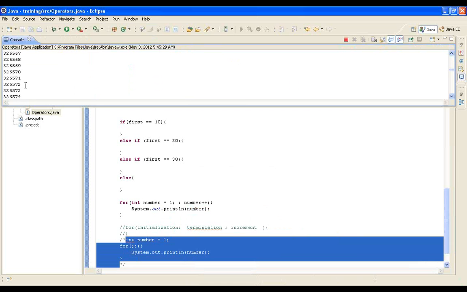See here, it keeps printing numbers, continuously increments and keeps printing the numbers. It's running so fast that the numbers are incremented. I'll just stop. So when you are writing a for loop,